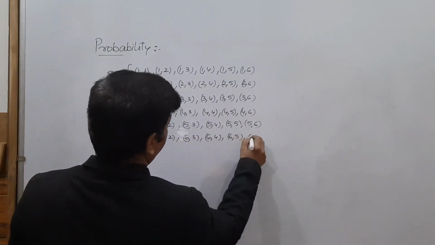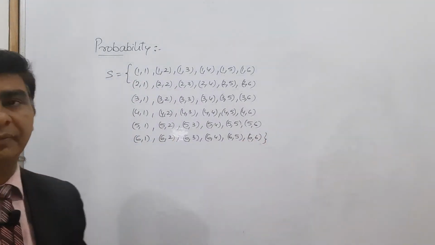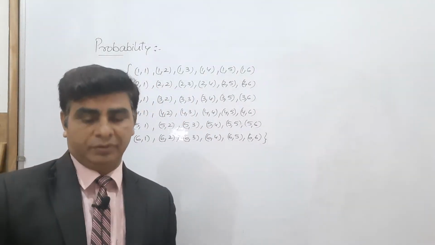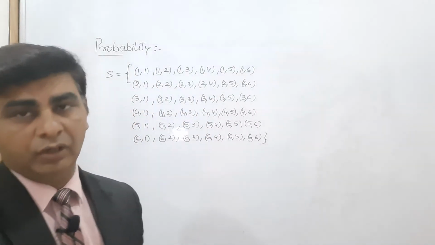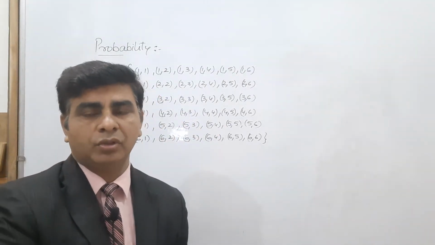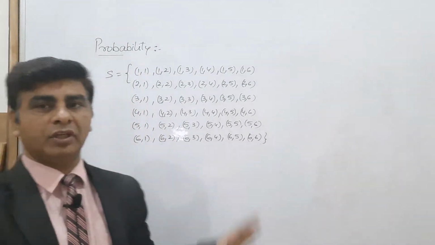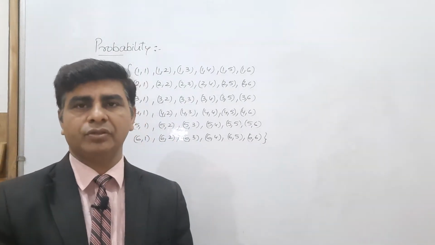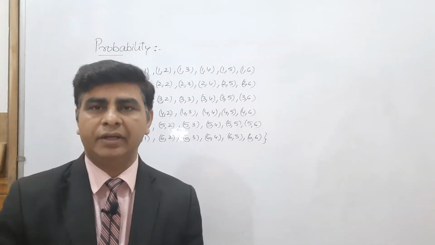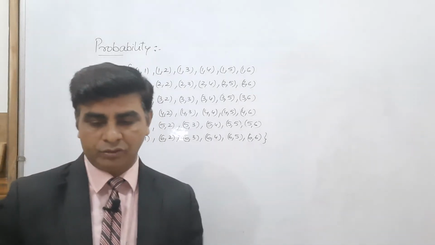This is something boring to write down, but we have to write down all the sample spaces, children, to do the accurate calculation. Now these are the possible outcomes when a die is thrown 2 times. Here the colors are also mentioned to you. The first die is showing a black number and the second die is showing a red one. So the first is black in color, the second is red in color.